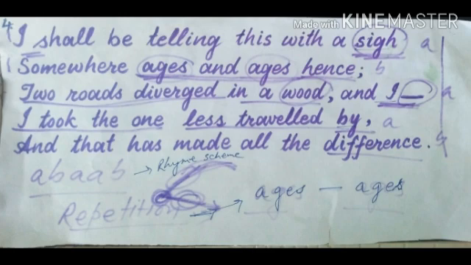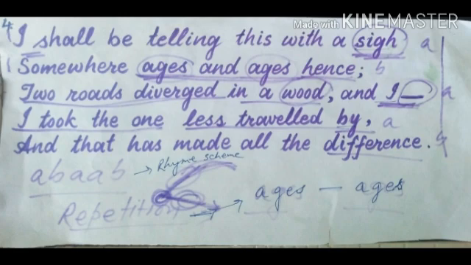So here somewhere we get an indication that the poet until now had no regret in his life in choosing his path or taking a decision. But the word sigh somewhere gives an indication that he has a regret in his mind. So I shall be telling this with a sigh, somewhere ages and ages hence. So ages and ages hence means in the time to come, in the future,